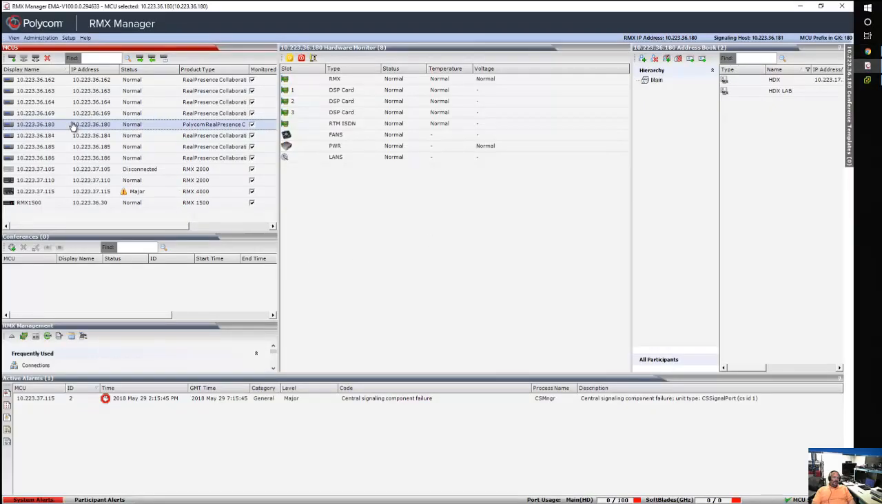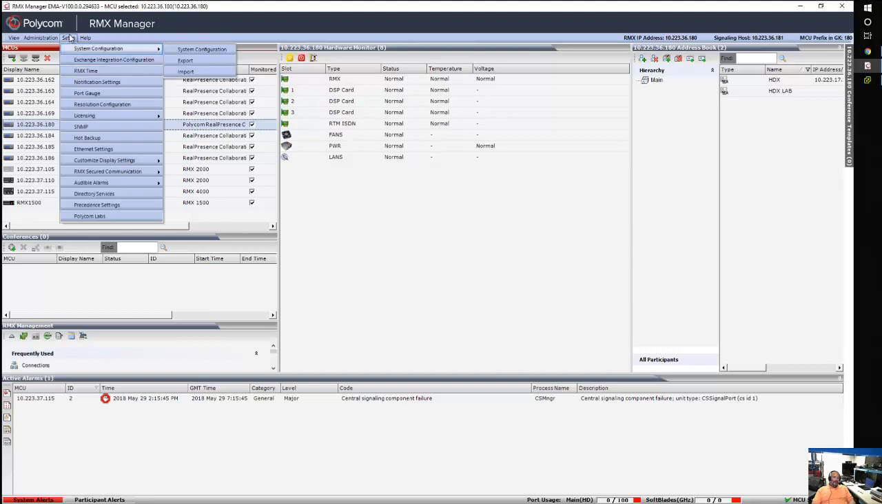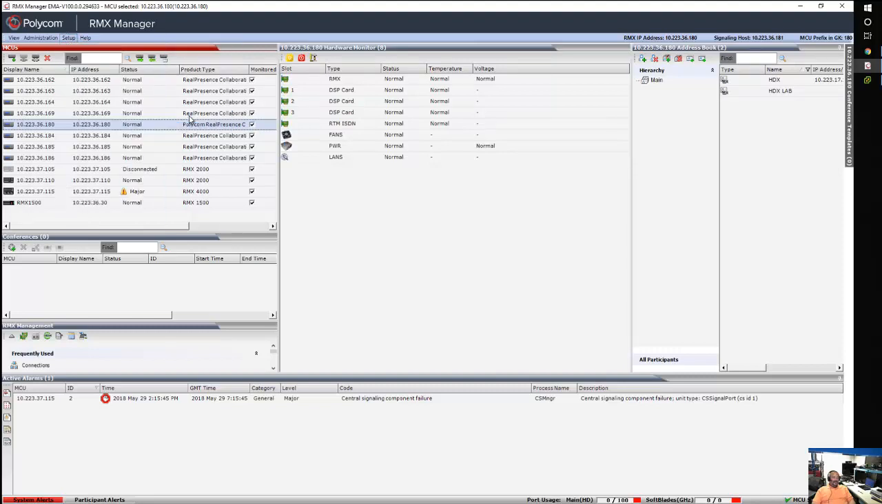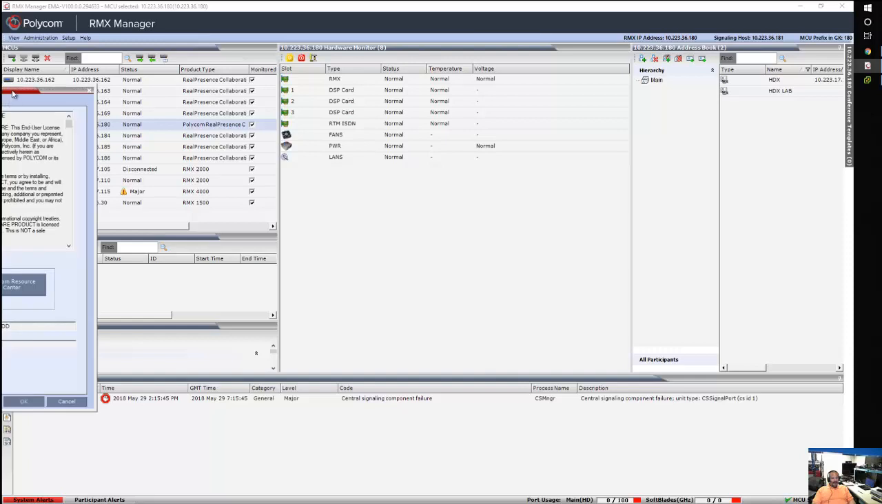RMX, it would come up here under setup and go to licensing, product activation, and on this window that pops up, of course on the screen I'm not recording, let me move it over. You will see,